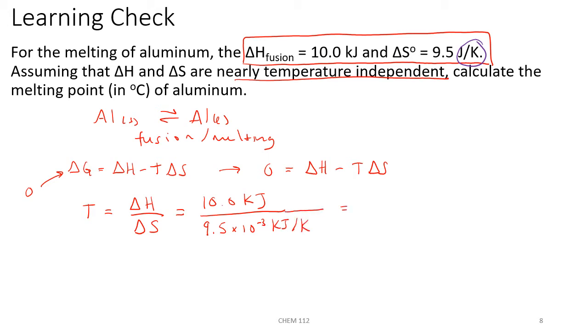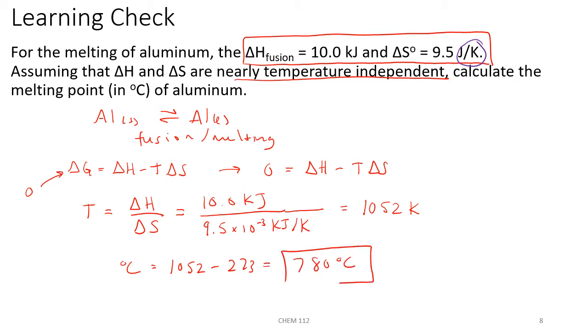This will give us a temperature of 1052 Kelvin. In degrees Celsius, we would have 1052 minus 273, which is about 780 degrees Celsius for the melting